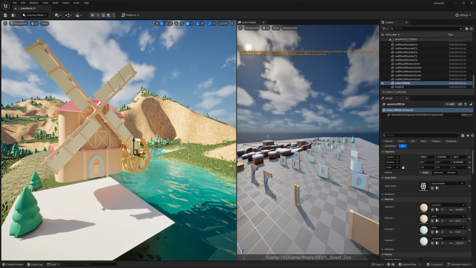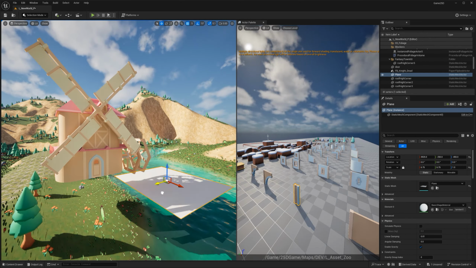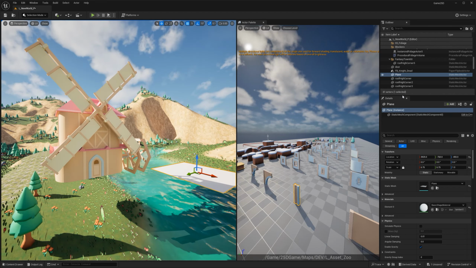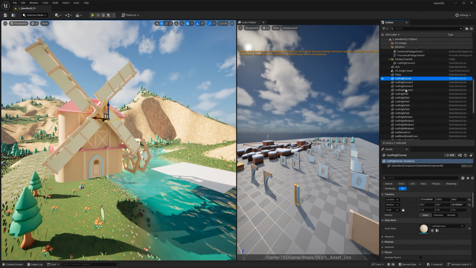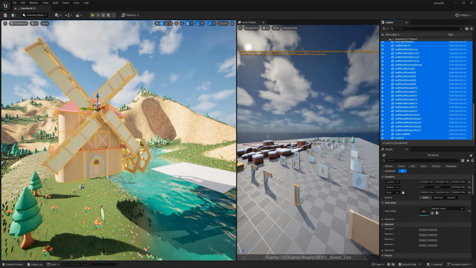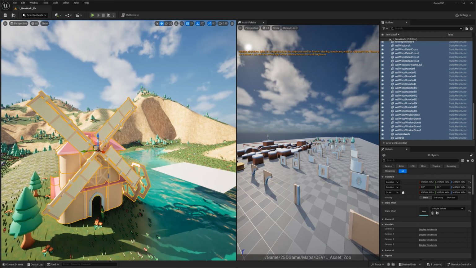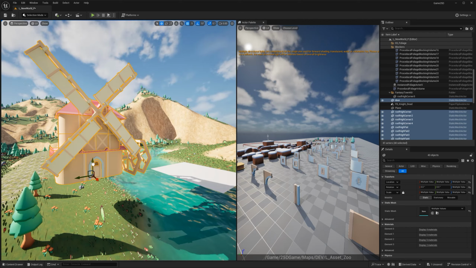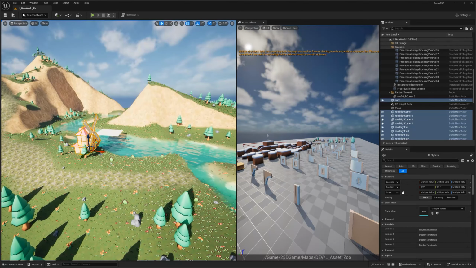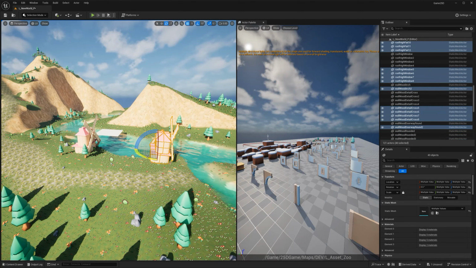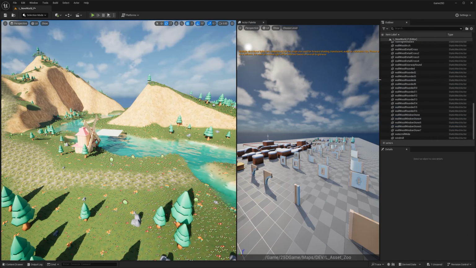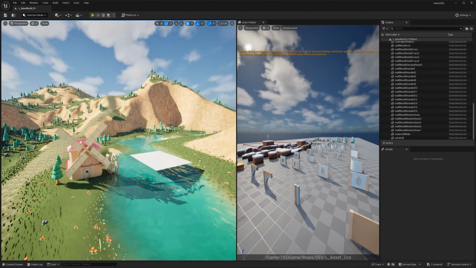So I'm happy with this, right? Most people would just leave this in the world. They would put it inside a group or something and just move it down. But I have a better way to do this. So let's say I want to make one of these. Oops, I forgot the door in here. And then I want to make another one on the other side. I need to alt click and drag and then put it there, right? And it's just a lot of work, and there's a lot of assets inside the outliner.